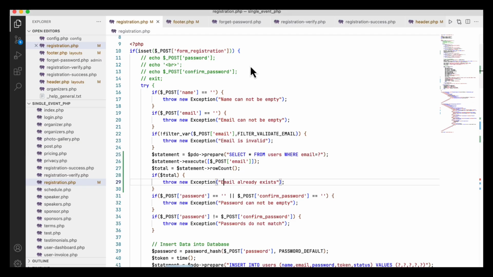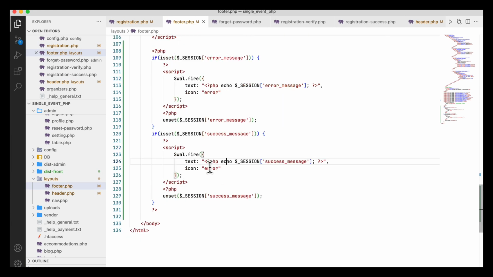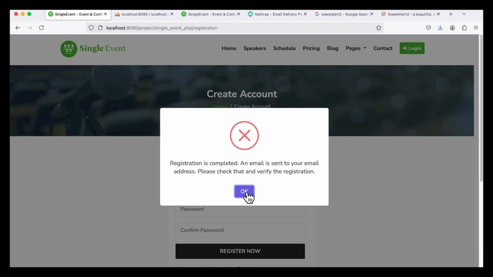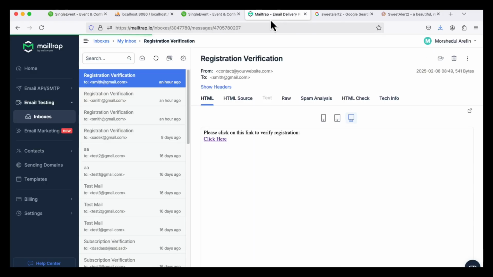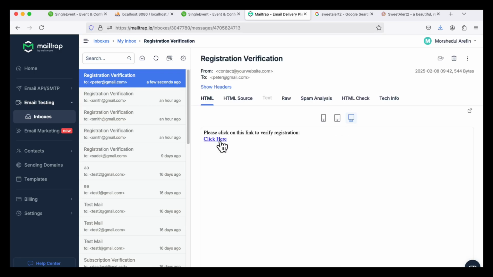The cross is because in the footer I did not maintain it. It is error, but here it will be success. Then instead of the cross, you will see a tick mark or tick icon. Okay, now I am going to go here. You will see there is a Peter. If you click here,